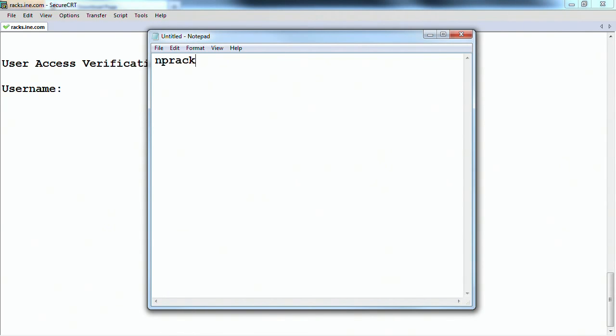rack followed by a number. So if you're on rack 2, it's going to be np rack 2. If you're on rack 3, it's going to be np rack 3. And then followed by the individual device name. So the device names are R1,